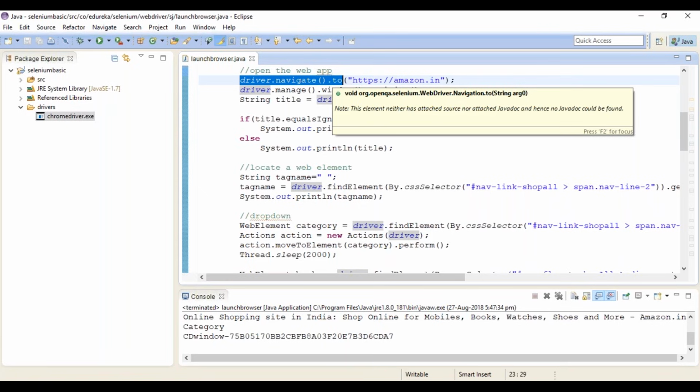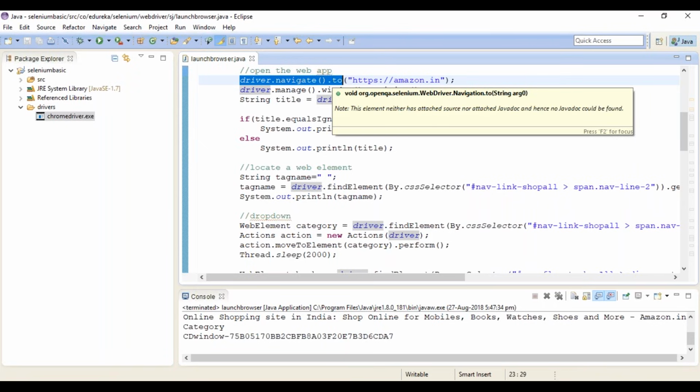Get cannot do that. So how is navigate able to do it? It can access the history. So only if it has the history, it can go back or forward or refresh the page. But get does not have access to the history. In fact, there's no history when you use get. So you can't go back and forth with get. But with respect to launching a web application, both of them perform exactly the same. There's no difference when it comes to opening a web application.